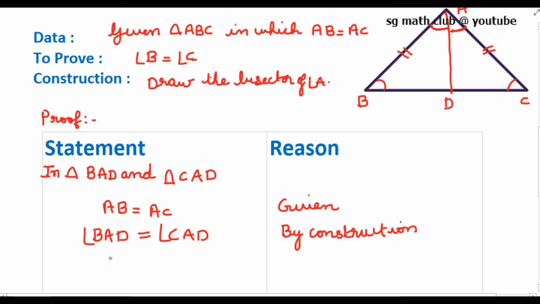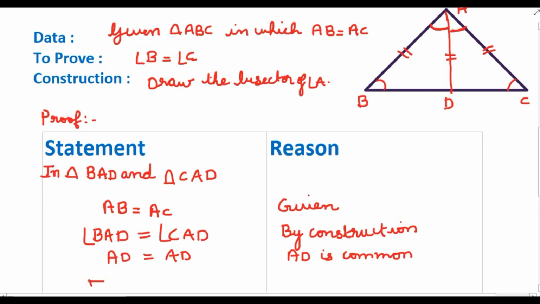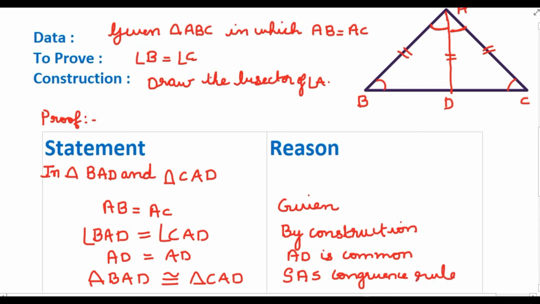Now we can see one more. For both the triangles, AD is common. So I can write AD is common for both the triangles. Now you can see side, angle, side. So these two triangles are congruent. Triangle BAD is congruent to triangle CAD by SAS congruence rule. So by SAS congruence rule, these two triangles are congruent, and also we can say that,